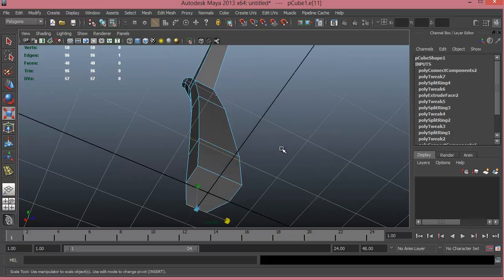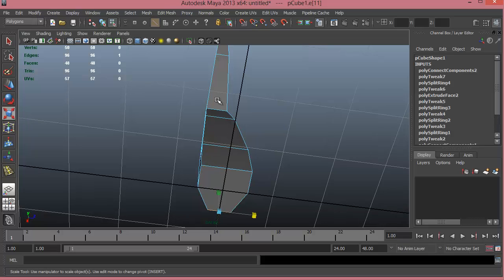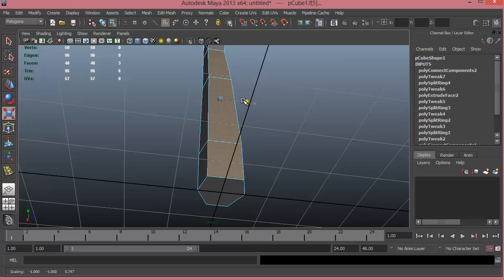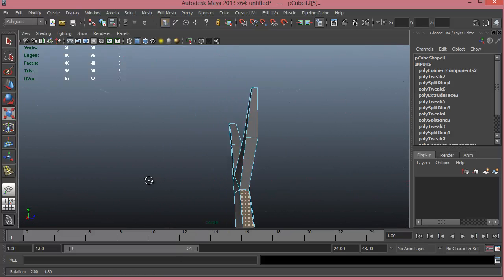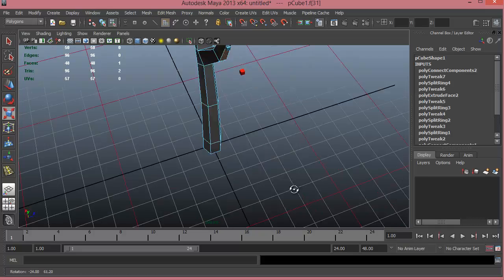Okay, and for this last one I'll just choose this edge and smooth it out. I'll have to do the same thing on the other side, or I can also add an entire edge loop this way and scale them out. It's up to you. I'll just go ahead and choose face, select the face, 1, 2, 3. Okay,